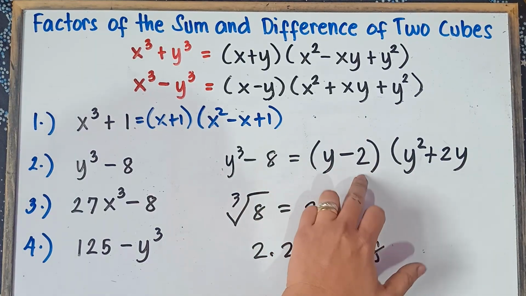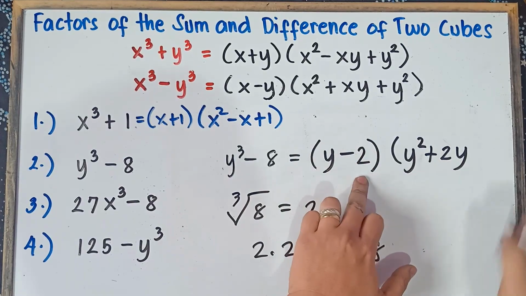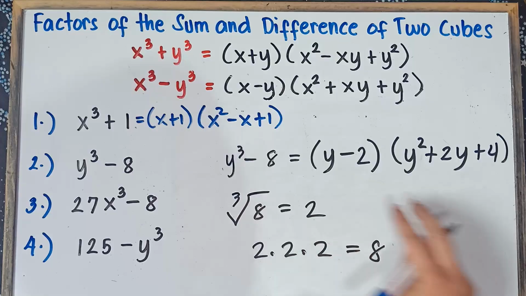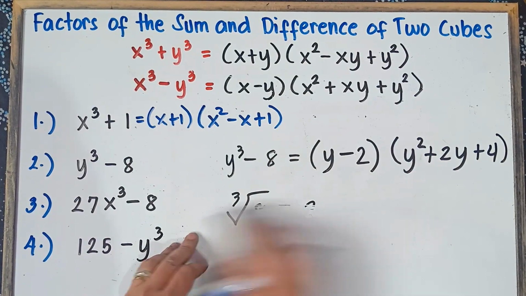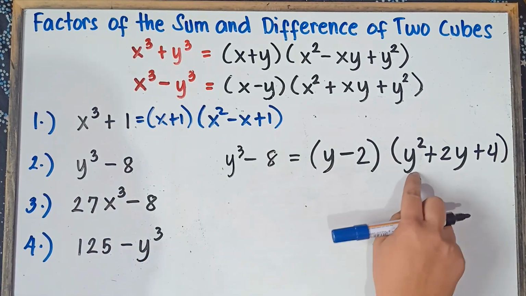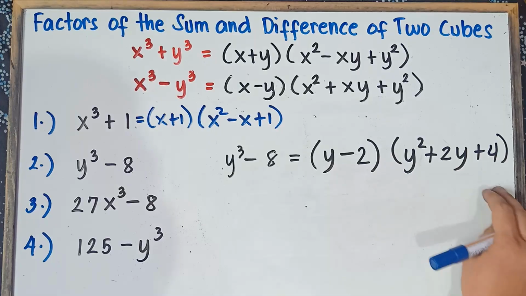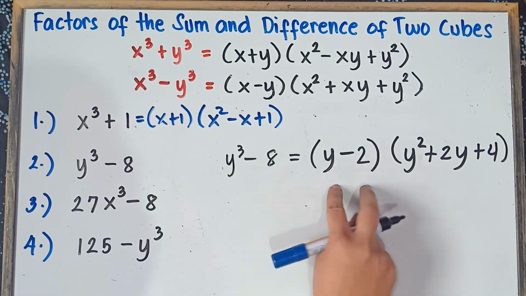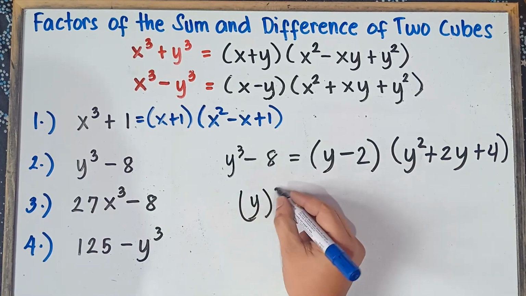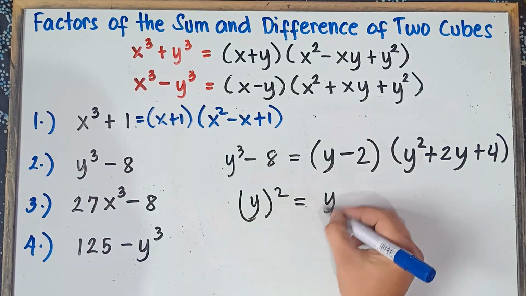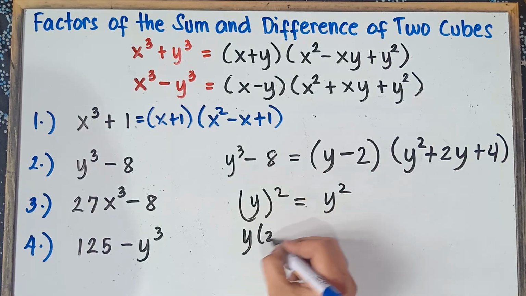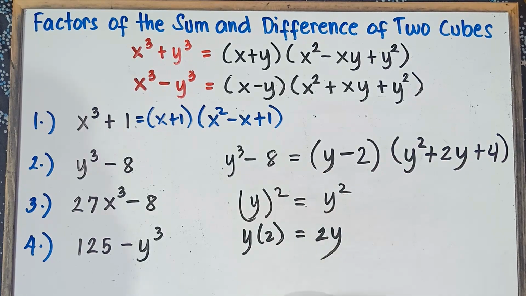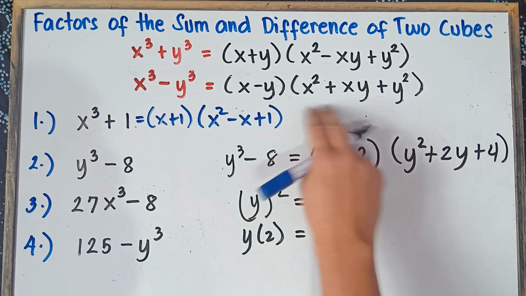Simply get the square of the last term, 2 times 2, that would be equal to 4. So once again, class, all of our answer will be all positive. Once again, class, I hope you're not confused. Your second factor, this will be your guide, your first factor. So the square of y, y times y, that would be y squared. And then multiply the first term by the second term, y times 2, that would be equal to 2y. And all of our answer, class, will be all positive.